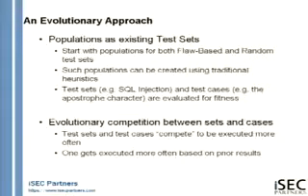These populations can be created using traditional heuristics, gut hunches, anything like that. As a practitioner, I know that there are a certain number of characters and patterns that I test for when doing SQL injection testing, so I'd create a test class of that and then several cases within that. And then the selection mechanism will look for the test class and then also the case within that to execute. And then you have evolutionary competition between the sets and classes. If SQL injection versus cross-site scripting tends to favor SQL injection,